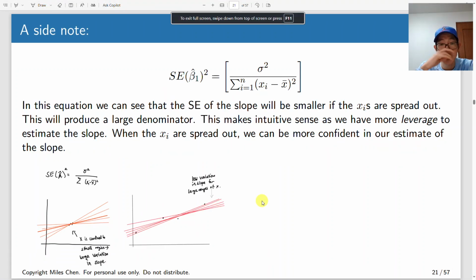Another thing you might notice is that the standard error of the slope will be smaller if the xi's are more spread out. If there's a big difference between xi and x bar, you get a larger denominator, and your standard error for the slope gets smaller. This makes sense, because if the region where x is observed